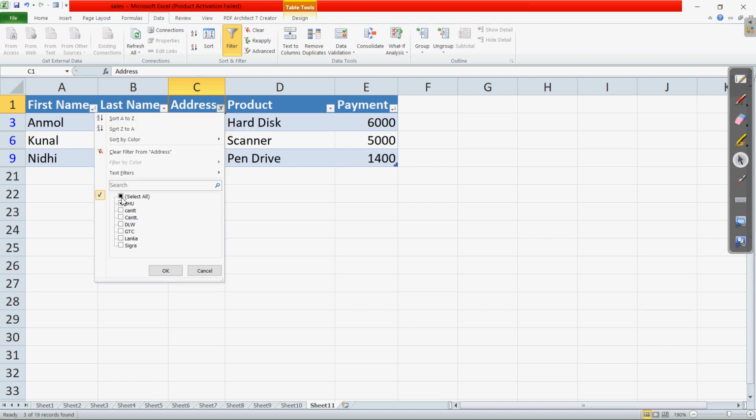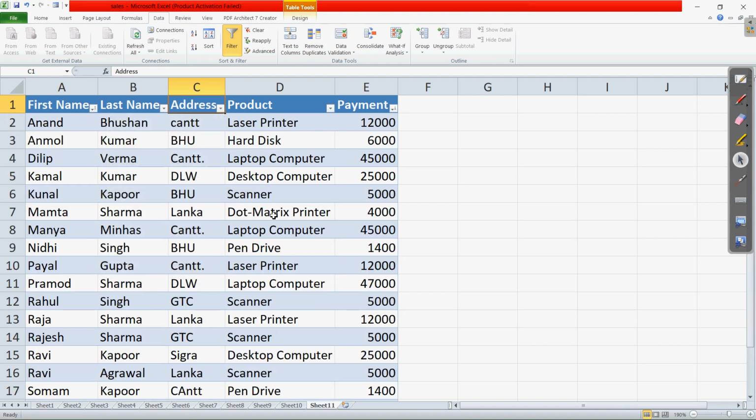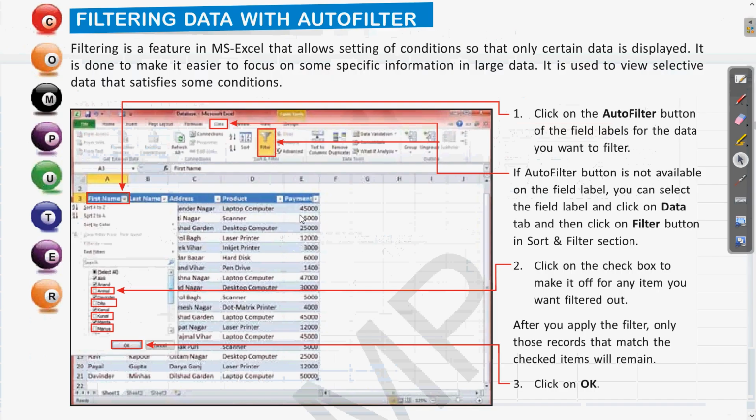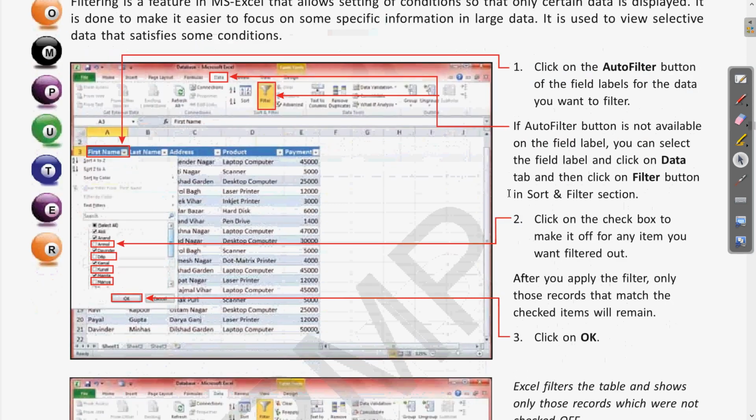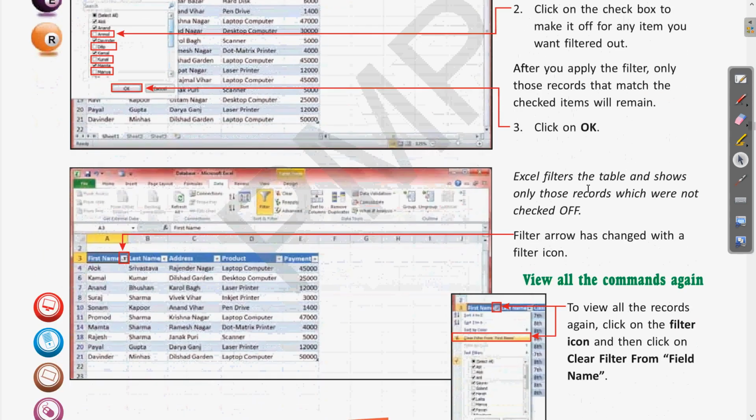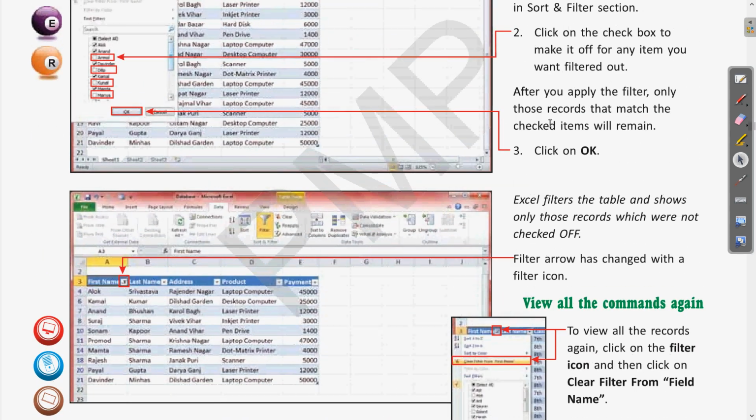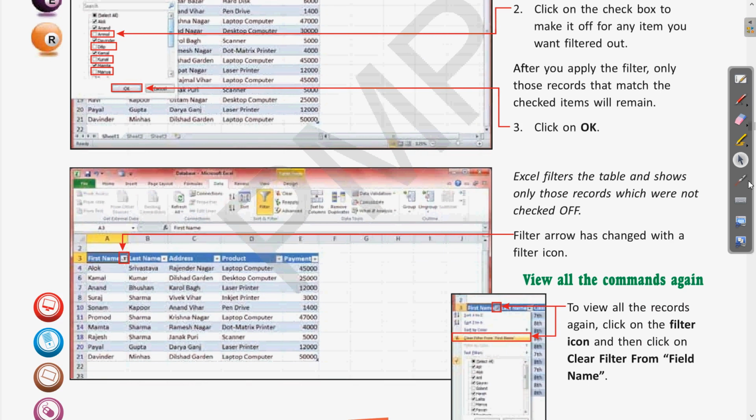Clear? So let us select all. So this will bring back the original data. I hope it is clear now how to use the filter option. If we come back to this, here you can see after step number 3, when we have clicked on the OK, the Excel